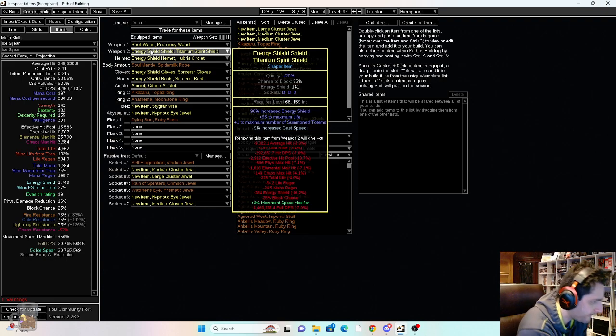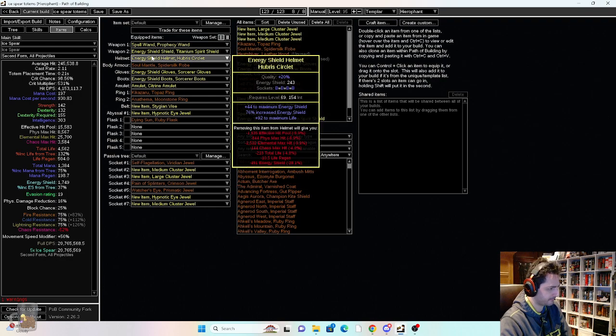We then get just a shield, pretty much life, totem, and cast speed. Again, if for some reason you're doing a different variant, like not on the left side of the tree, you could always just get some crit damage on here. You can get some elemental damage. There's plenty of stuff you can get on here, and it should be quite solid. But +1 totem, helmet, and again,